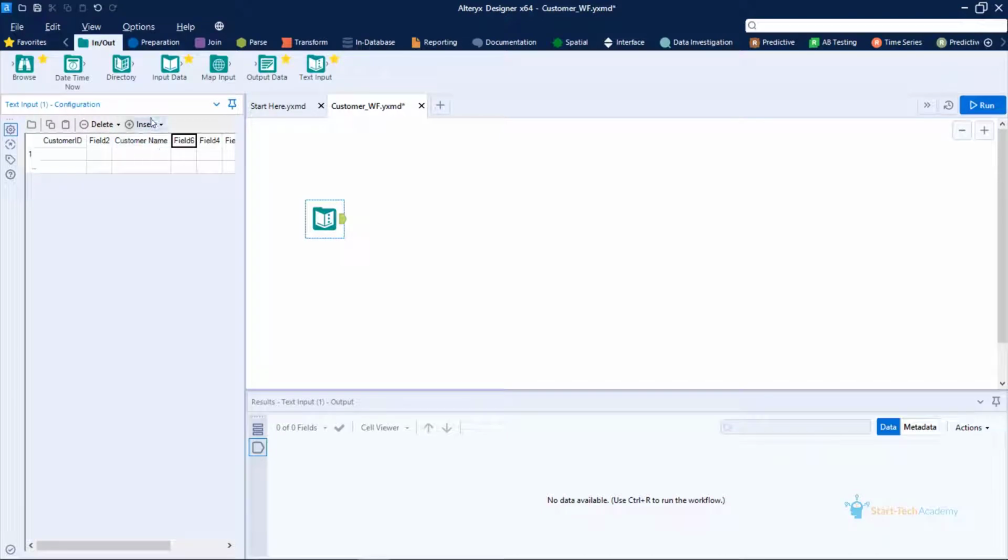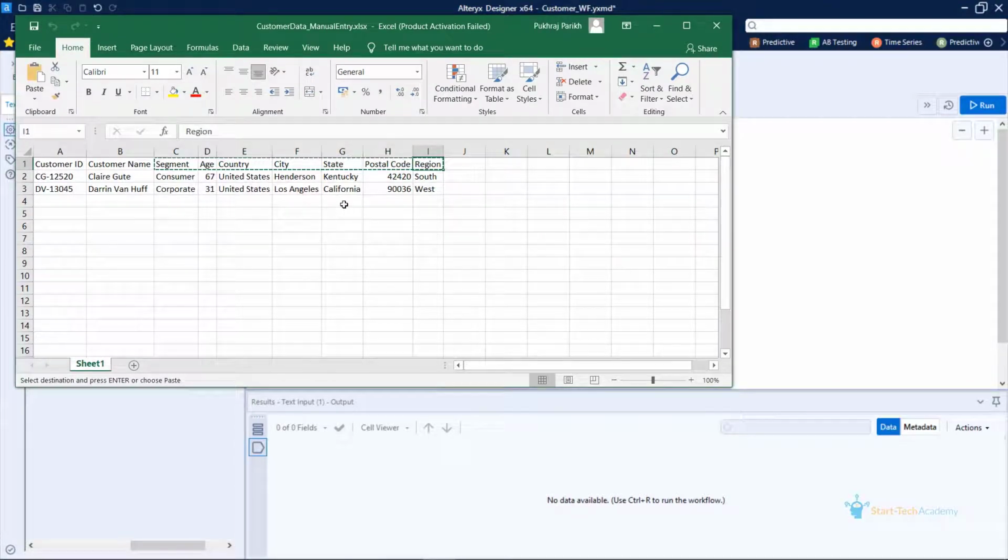I'm inserting multiple columns, and I'm pasting the field names. You can see that I can simply copy paste multiple field names once I have added the required number of columns in the table.